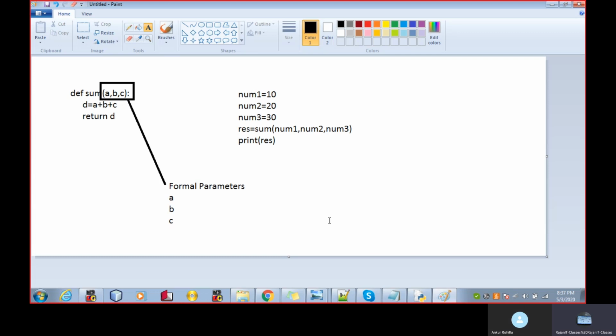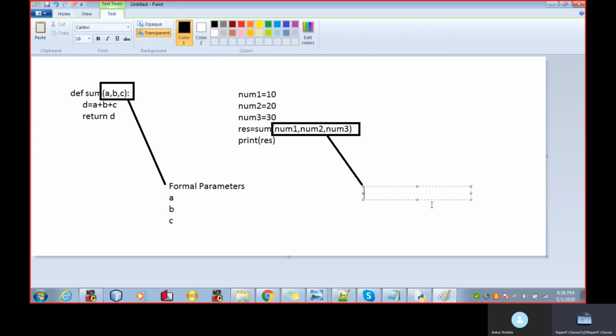We have 3 formal parameters, whose names are A, B, and C. And what about this num1 and num2? If I talk about this part, so these are the parameters. What are these? Num1, num2.